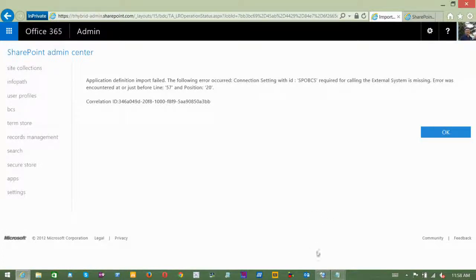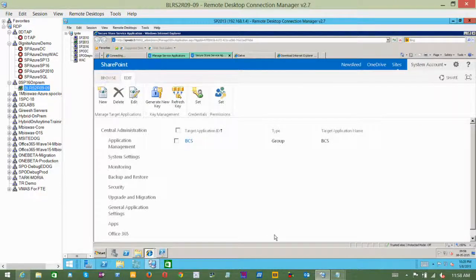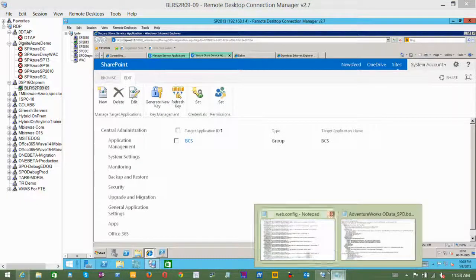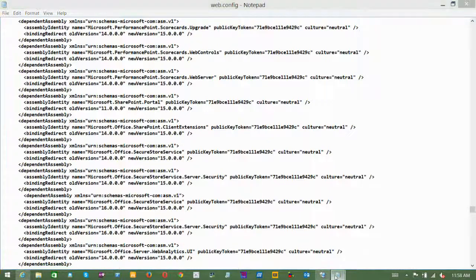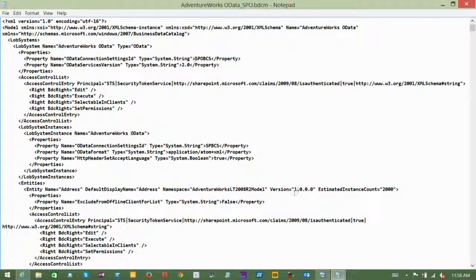So I go back to my on-premises environment, and the first thing I should look for is, it's talking about a secure store ID. Does that even exist? It exists, right? So there is something definitely wrong somewhere else, and of course it's a couple of hours of troubleshooting. I then look back at the file, and what I saw is, when I'm trying to go ahead and look into that, the setting specified here,